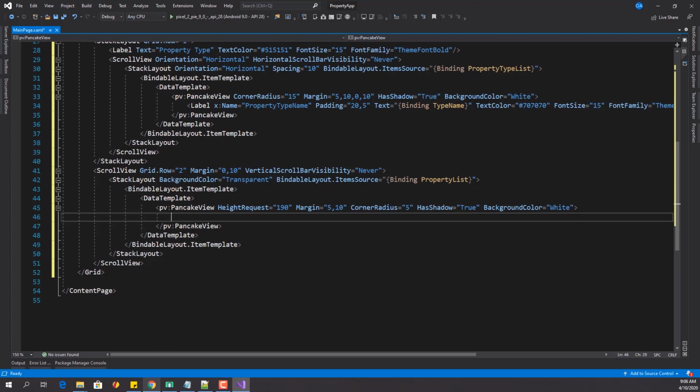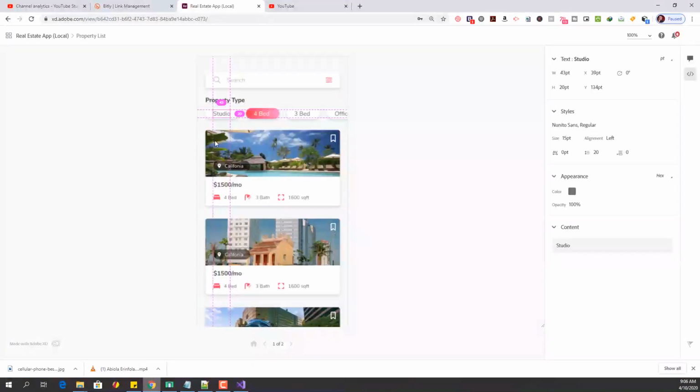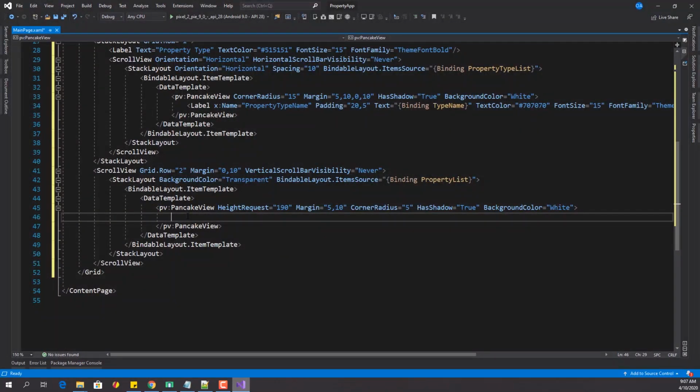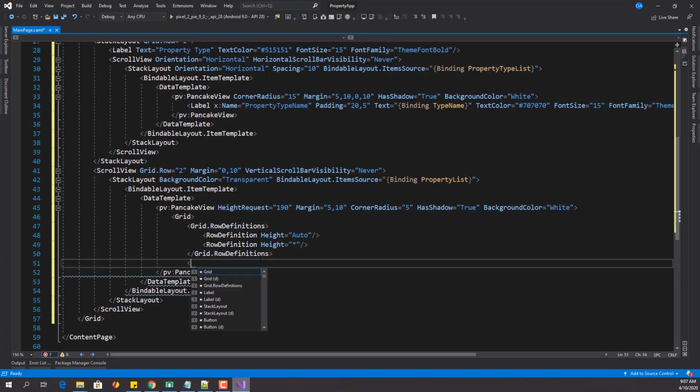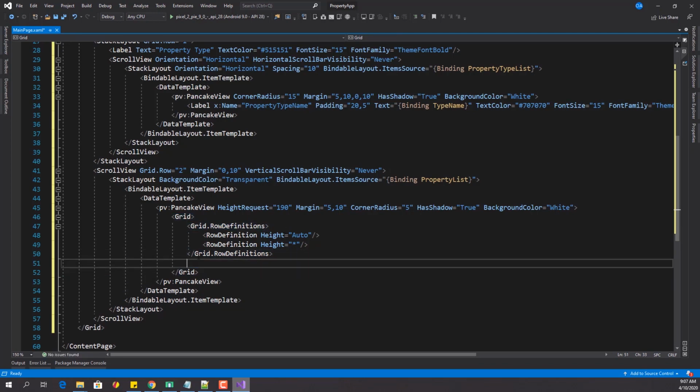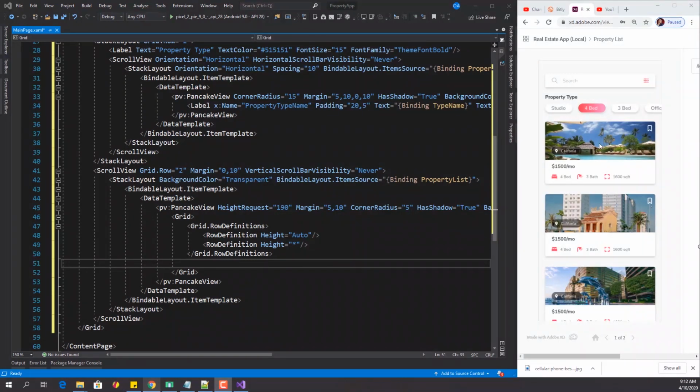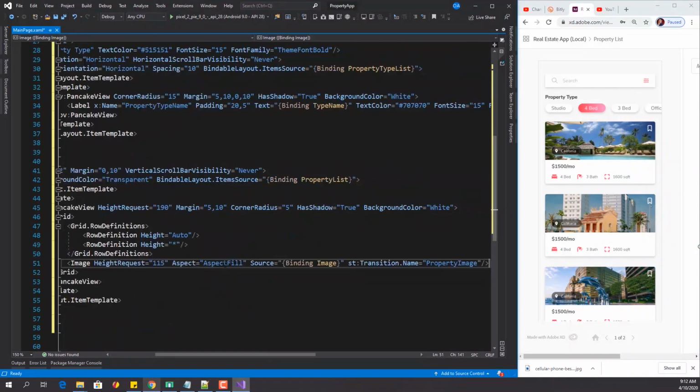Okay, so inside this pancake view, we are going to create a grid. The grid is going to have 2 rows. We're going to have all other controls right inside. So we have a grid that has 2 rows. Then inside this grid, on the first row, we're going to have an image, just like we have here. We're going to have an image as a property image,